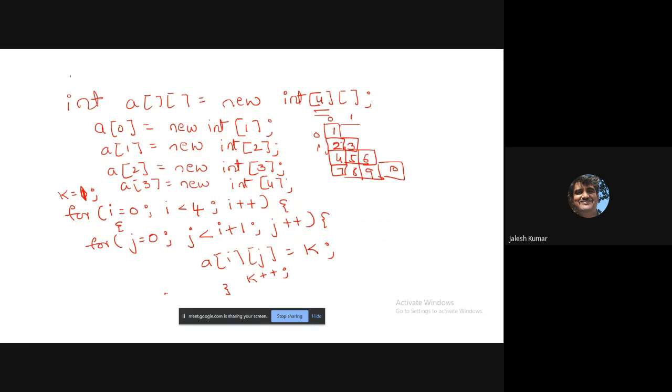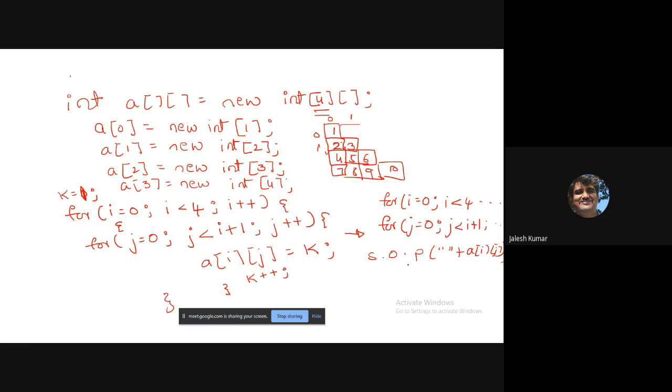Like that, this is the logic of how you can fill the values. Once you do that, using the same loop you print: for i is equal to 0, i is less than 4, and for j is equal to 0, j less than i plus 1, and after that you just give system dot out dot print of a of i j, and you'll get that result.